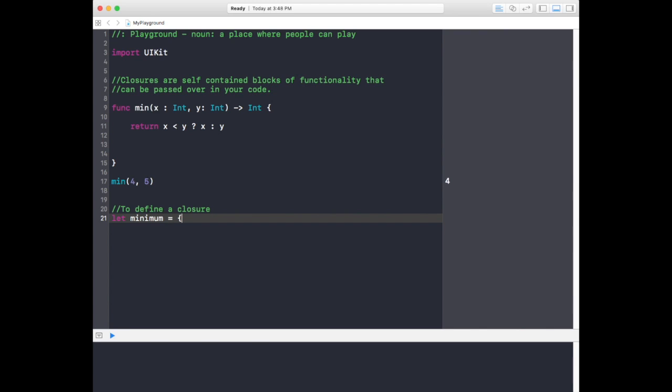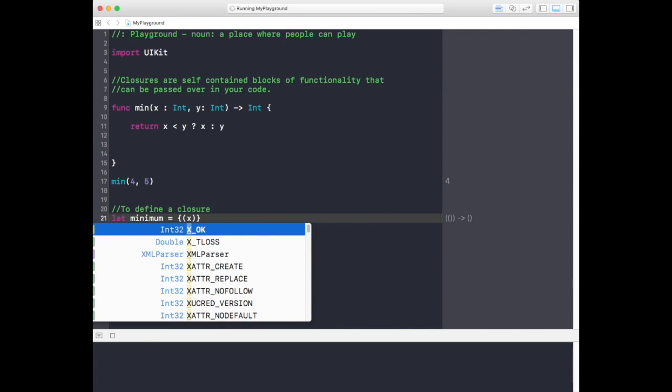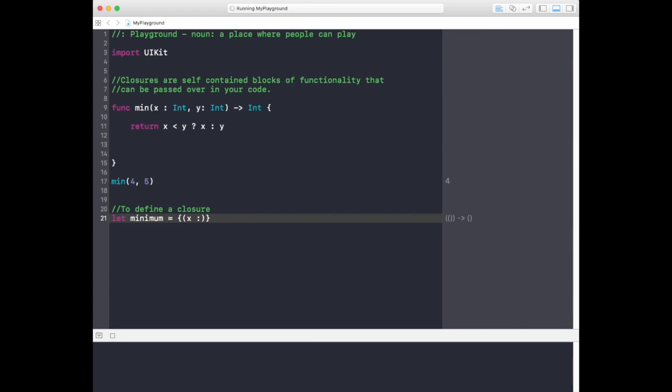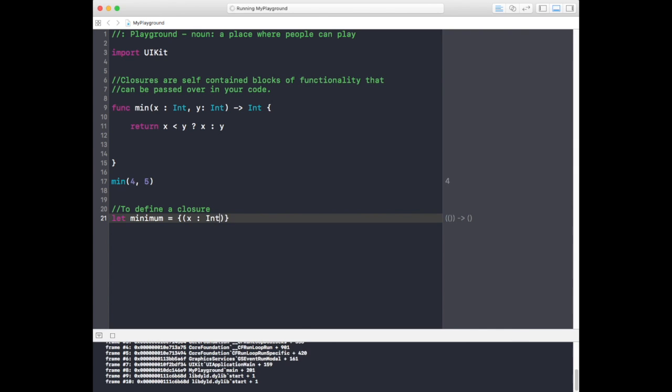By using curly brackets, and inside our curly brackets we want to put parentheses, and inside that we want to say x as an integer and y as an integer, as we did over here for our functions. Then we want to return